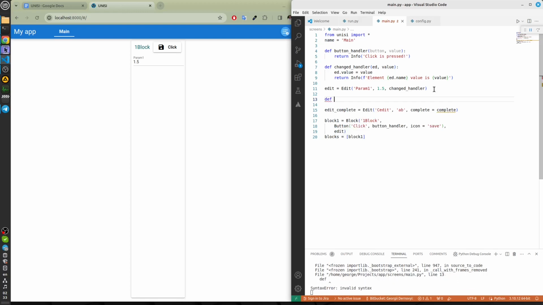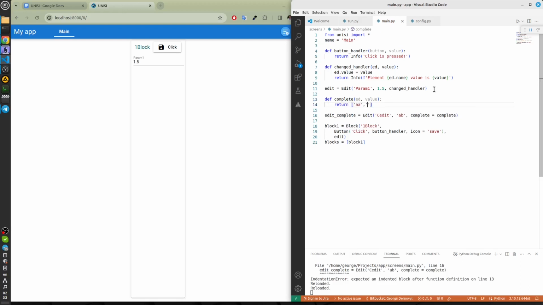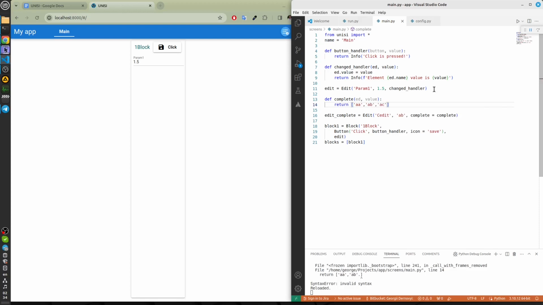Let's write it. Def complete. The first argument takes an edit element. The second is its value, and it returns an option list. Let's set the list of A, B, and C. To show this edit, add it to the block.